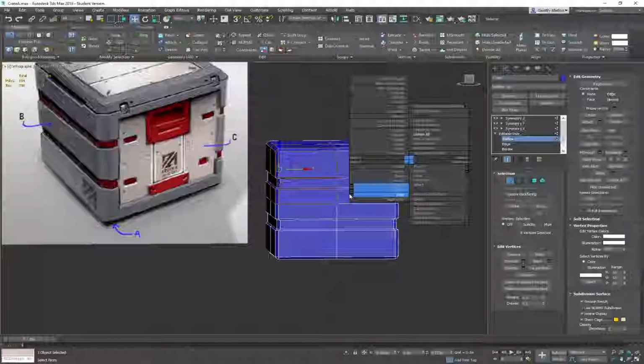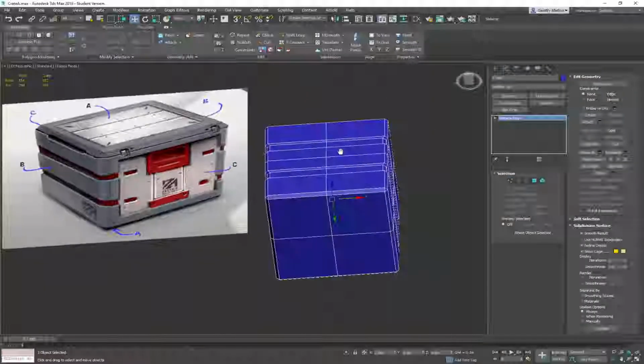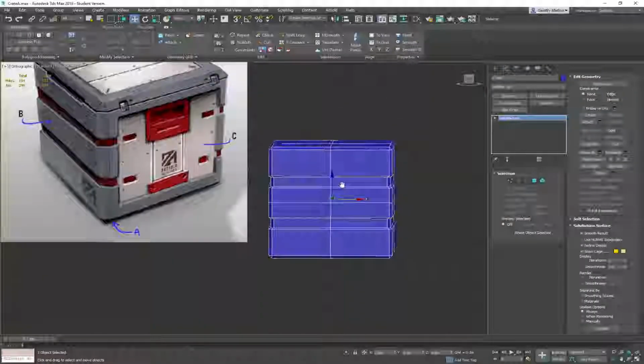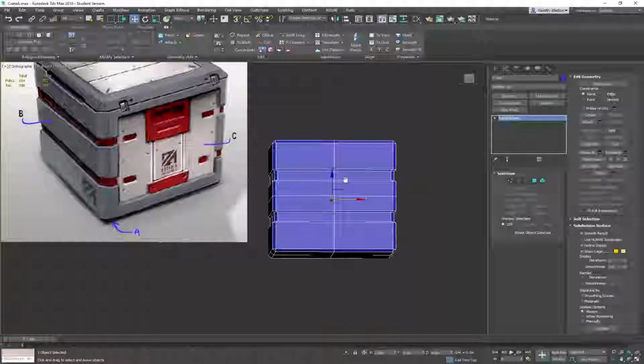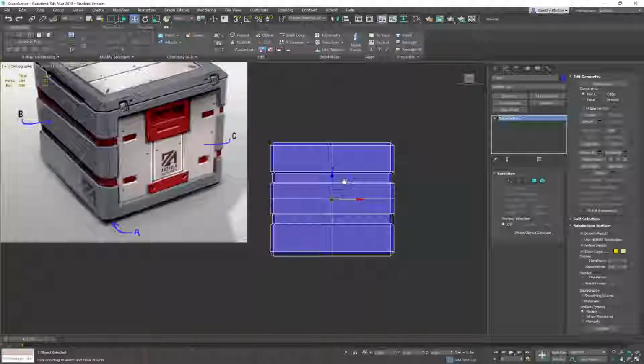So we're going to go ahead at this point and say convert to editable poly. What that does, it gets rid of our stack. Not a big deal. This is exactly what we wanted. And the way we're going to do this,